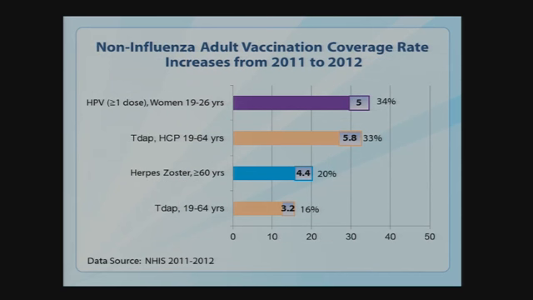This just summarizes the increases that I described to you for 3 vaccines that have been more recently recommended for adults. The range of increases is from 3% to 5 percentage points. The increases in HPV, Td, Tdap, and zoster vaccination were due, again, primarily to increases among non-Hispanic white women, and non-Hispanic whites overall, indicating a widening gap in coverage compared with non-Hispanic blacks, Hispanics, and non-Hispanic Asians.